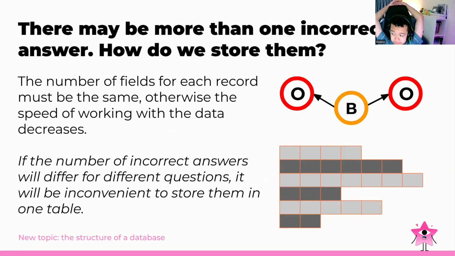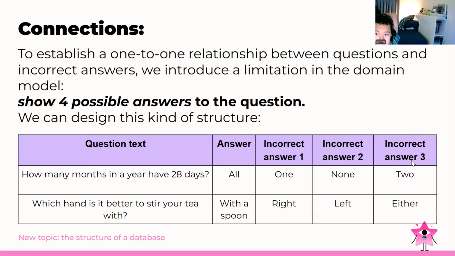And there may also be more than one incorrect answer. And the question now is, how do we store them? Basically, the number of fields for each record must be the same. Otherwise, the speed of working with data will decrease. If the number of incorrect answers differs for different questions, it will be inconvenient to store them in one table. And then for the connection now, to establish the one-to-one relationship between questions and incorrect answers,